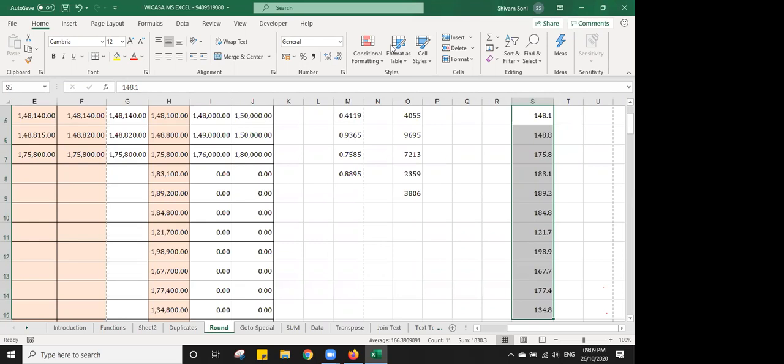I have been using MS Excel since my articleship, my first 6 months of articleship, and it has been a 7-year journey. To date, I am using MS Excel for the last 7 years, and I'm learning new things every day. So to get a good grip, you just need to practice.